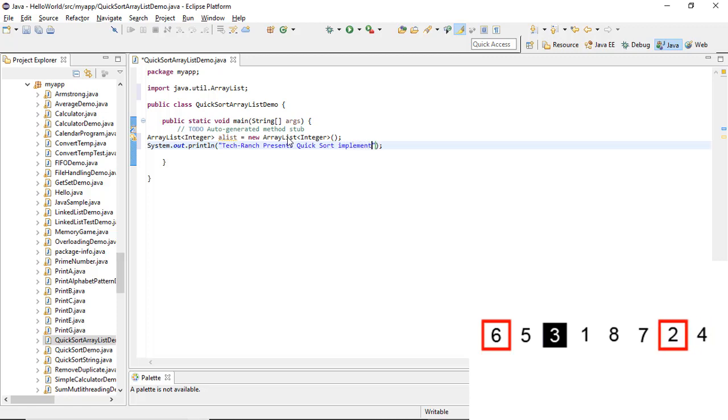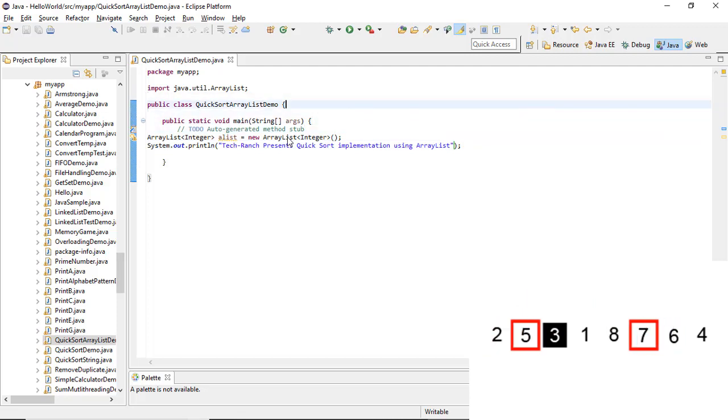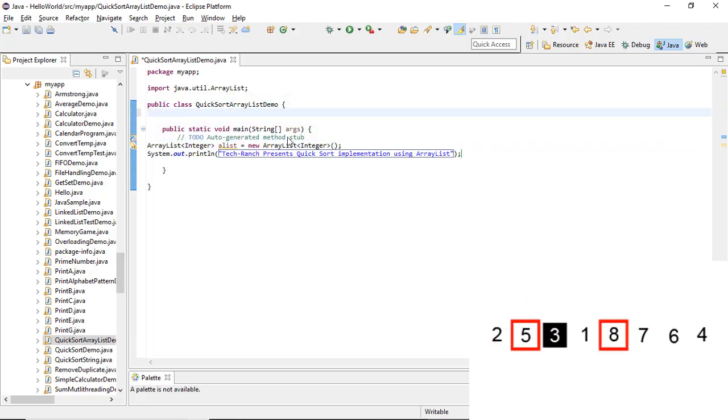Implementation of Quicksort using ArrayList. Okay, so we have created the class, and we have now